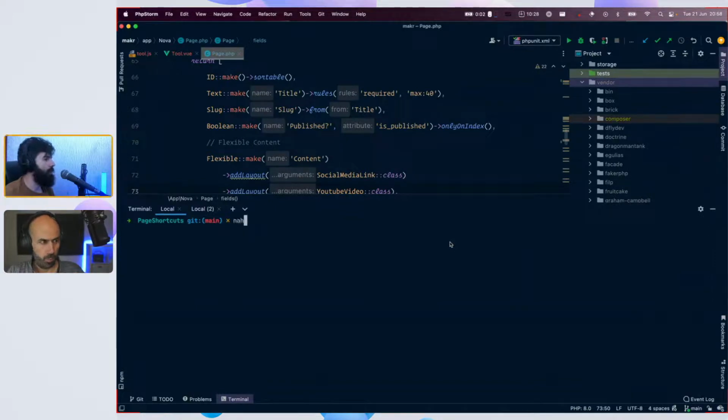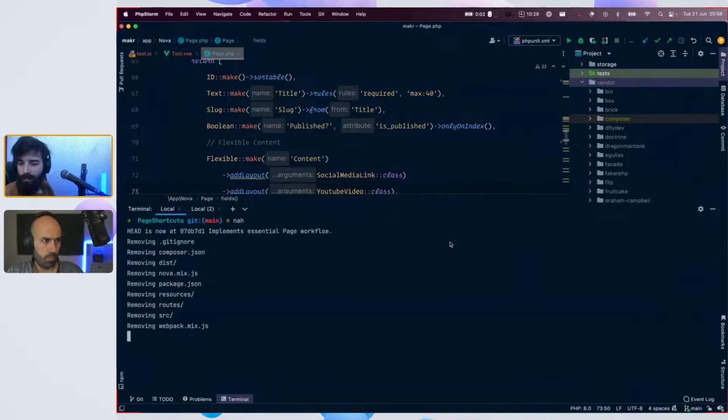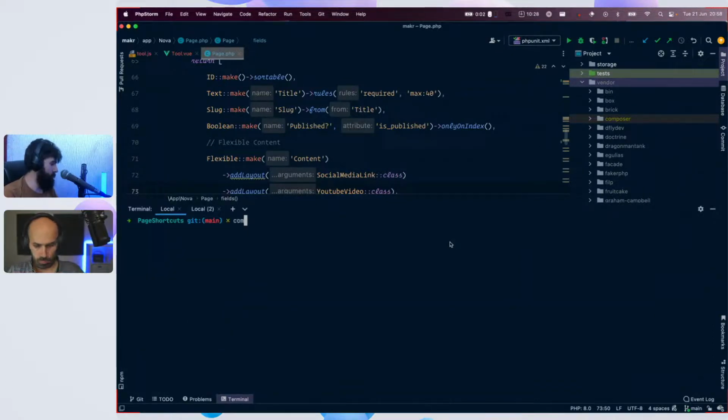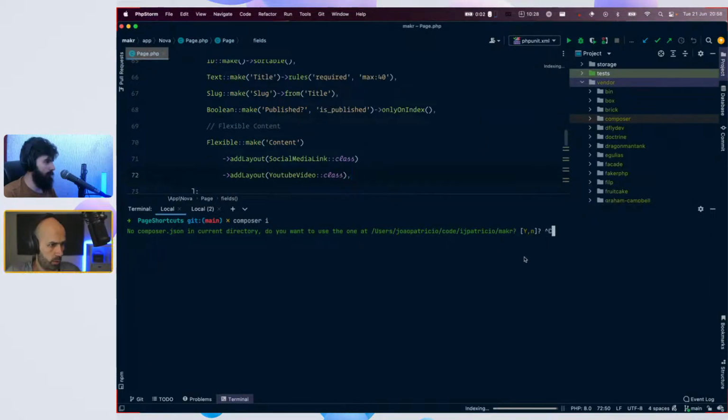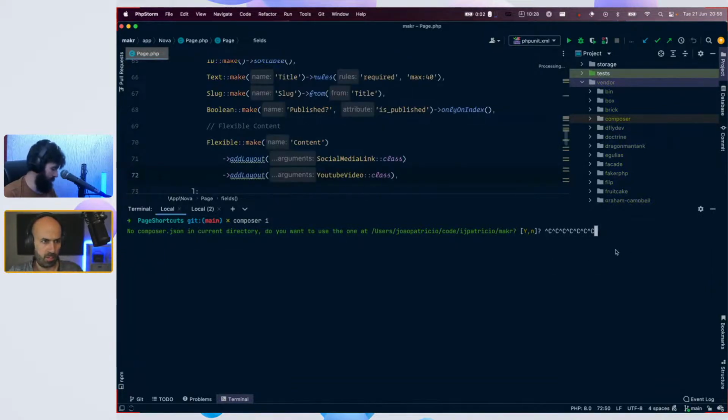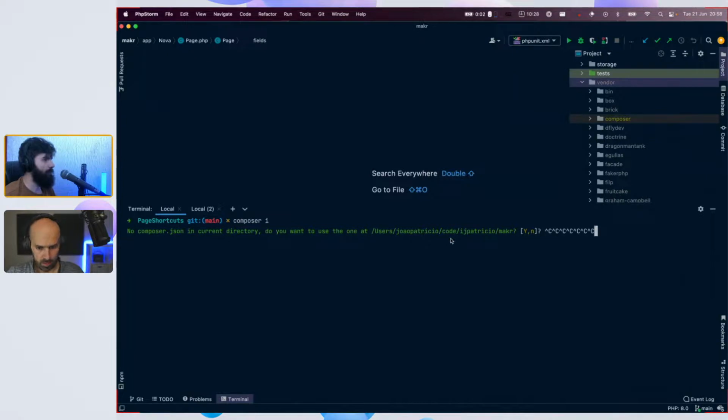That's the only file that you need to update. Okay, so let's go from composer lock. No composer. Oh, I'm not in the right place. I'll do this in the background. I think it's not worth it.